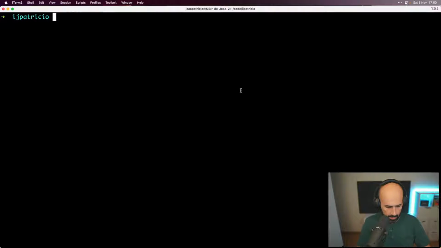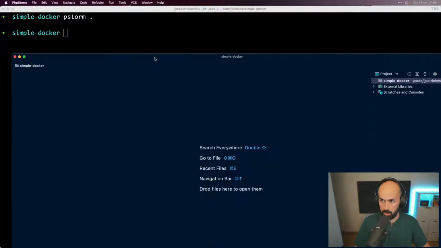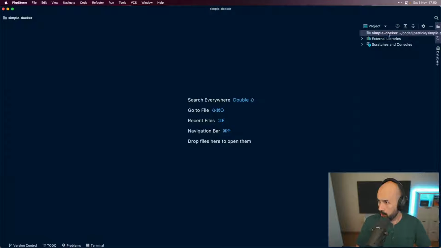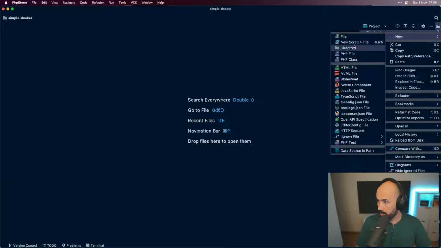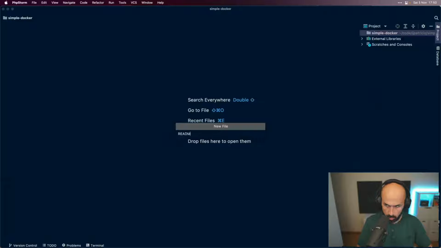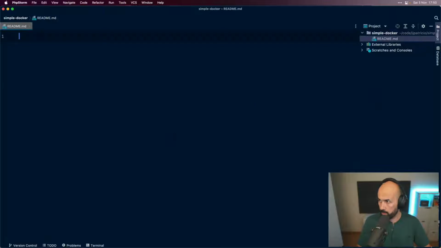So let's make a folder called simple Docker, right? And let's start with a new project, with a new repo. It will be a README file. And this is simple Docker. Cool.